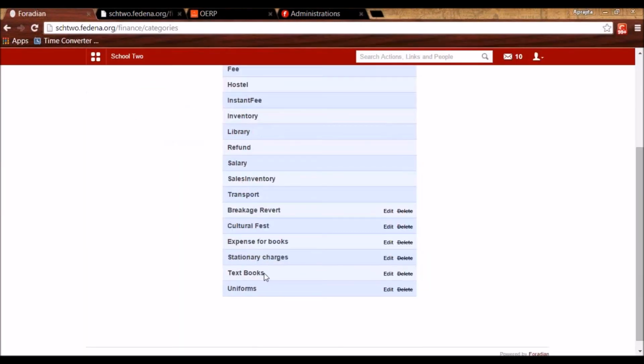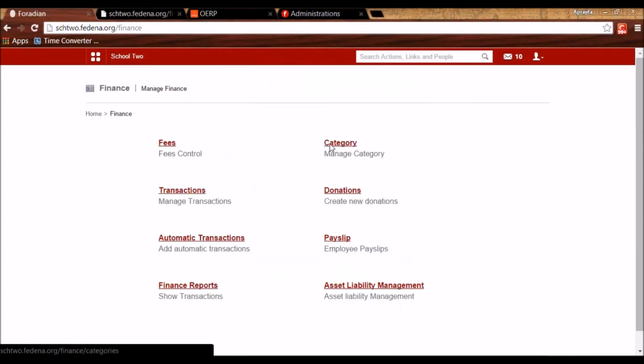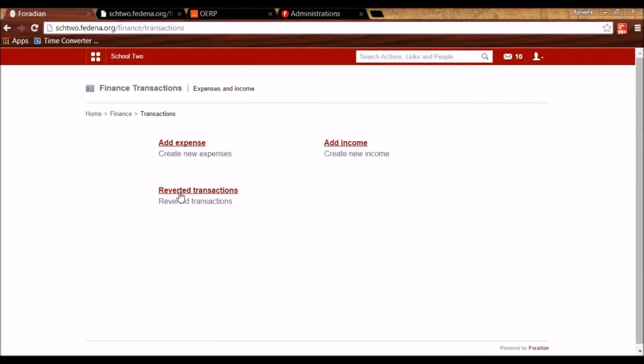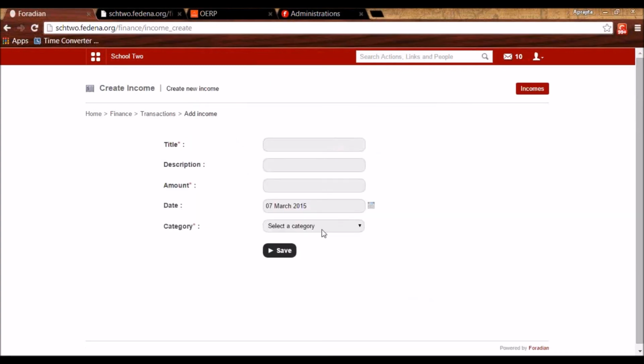So I've created many categories here like this, and now I'll be able to add a transaction in that category. So if I've added a category as an income, I can add a transaction, or if I've added an expense, I can add a transaction here. So I'll select the category for which I want to add the transaction. I'll mention the title, the description, the amount that I got, like this.